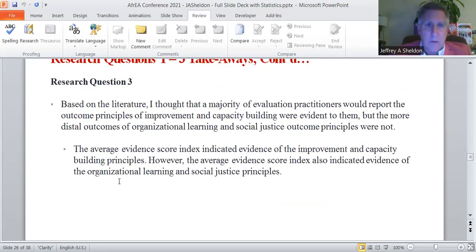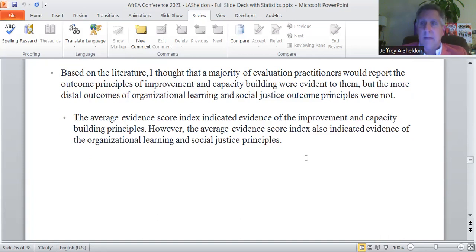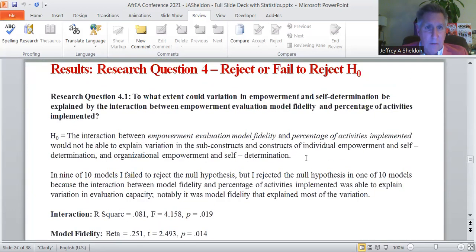And then research question 3 was, I thought that the majority of evaluation practitioners would report that improvement and capacity building were evident, but the more distal outcomes of organizational learning and social justice would not be evident. But in fact, all four outcome principles were evident to them. Okay, that's good. All right, now